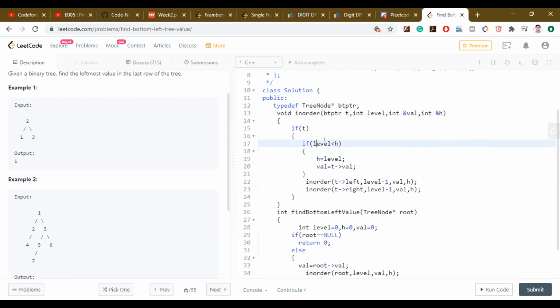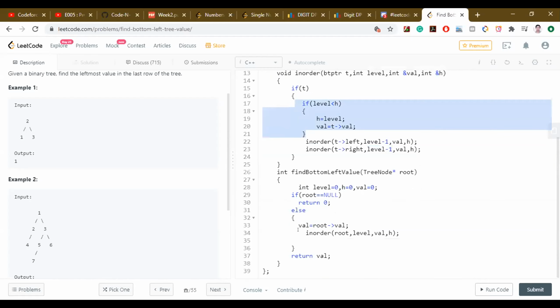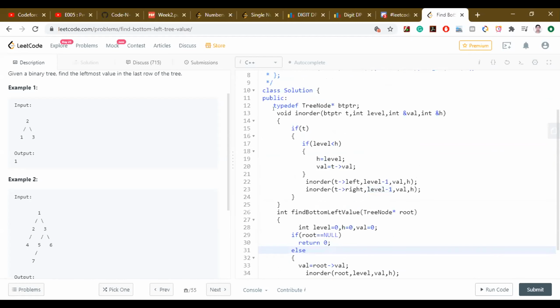If the current level is less than my previously stored height, I will update this h, and I will update my value. This value will contain my answer. Then I go right, similarly decrementing the level and checking again, and then I return this value. So this is only one traversal every time, and it's also a constant space solution.